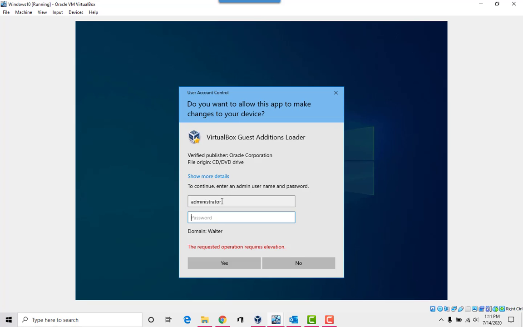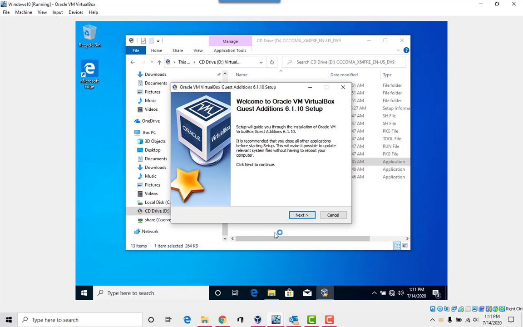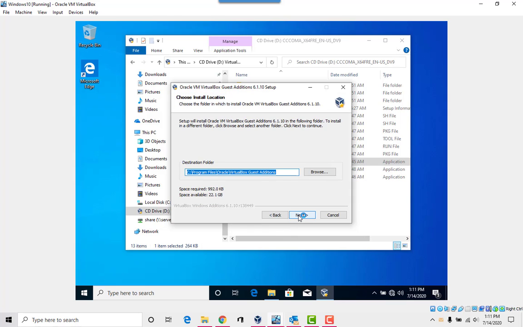So this is administrator, and for the password it's the same one, CSULB 1949. As long as you always remember that you have a domain, you have administrators, and then you have users of the computers too. So I'll click yes, and let's proceed with the installation.